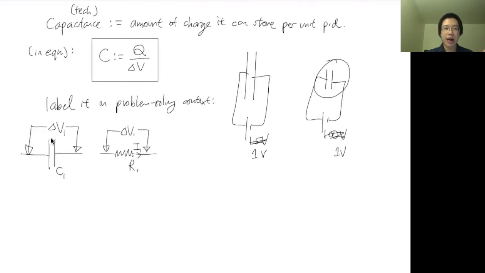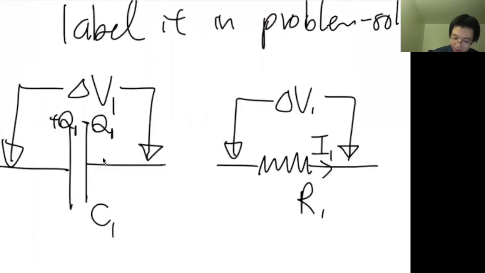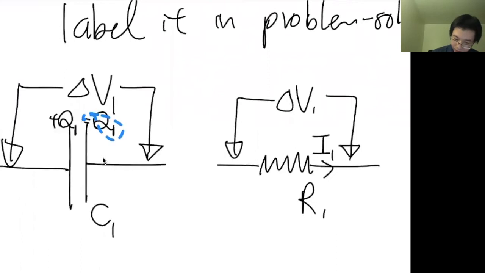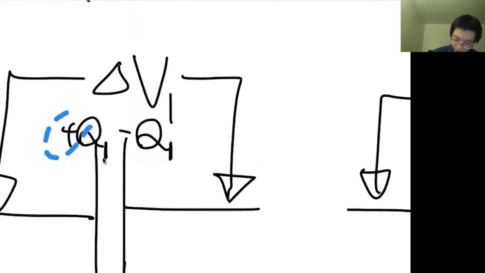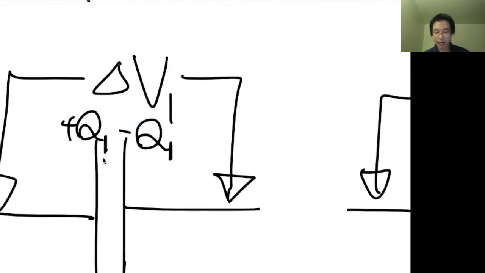Right? So for a capacitor, the thing that is most dependent is how much charge you can put on it. The larger the potential difference you set up across its 2 sides, the more charge you can store on it. So what you would want to label is plus Q on one side, negative Q on the other side. The plus and minus depends on which side you're connecting to the battery. I didn't draw the battery here, but in general, you have one side that's positive, one side that's negative. If you have more than 1 capacitor, you might want to label that Q1 and minus Q1. So one side label positive Q1 and the other side label negative Q1.